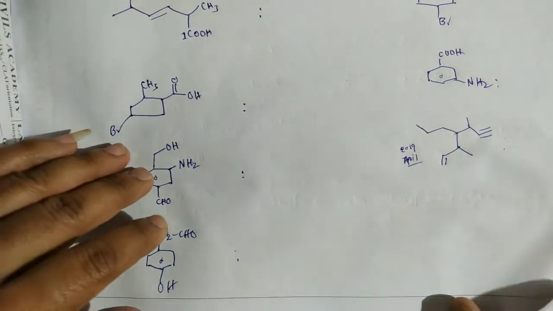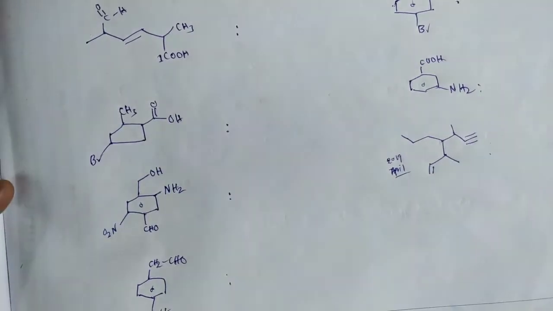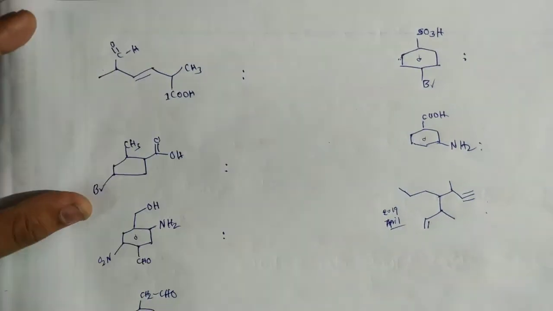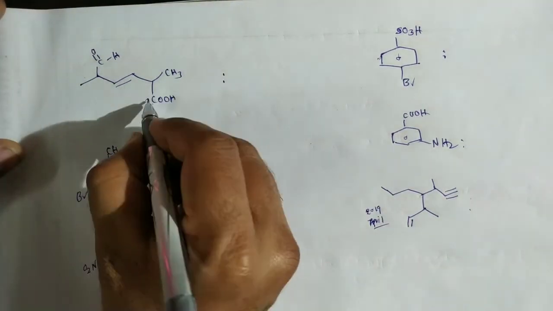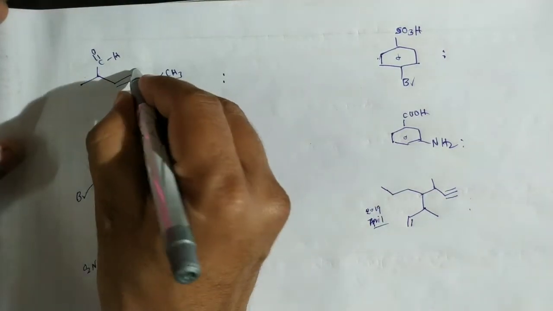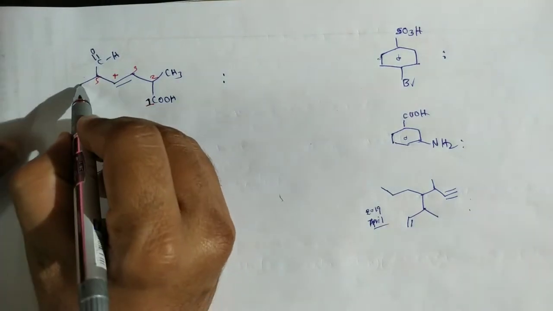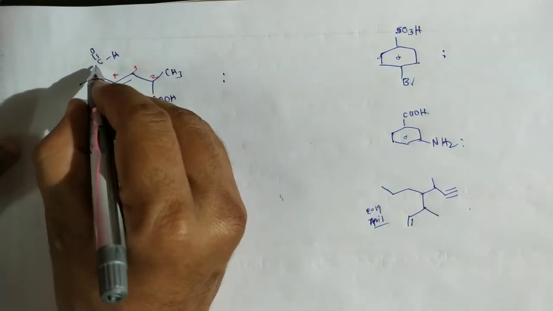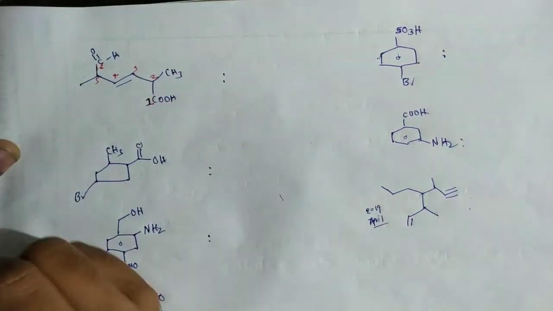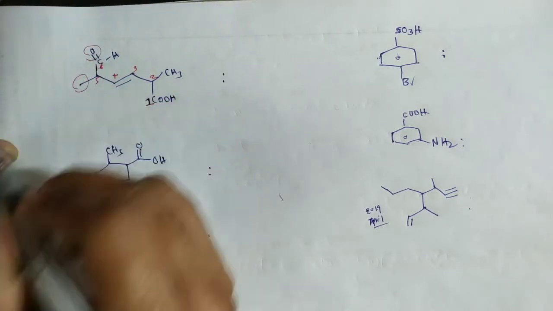Okay, so these are some previous questions. Recently you can see in September JEE Main question papers and January JEE Main question papers. Here acid group, here aldehyde group. So acid group is high priority, so 1 2 3 4 5. If we proceed in this case 6 carbons, here also 6 carbons. But here in this case you have to proceed through this one, because this is an oxo substituent and this is a methyl substituent.